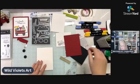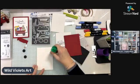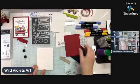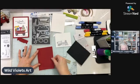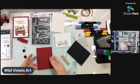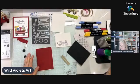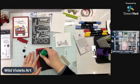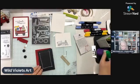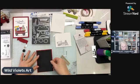And I'm going to glue down the cherry cobbler cardstock. And I've made it just 1/8 of an inch smaller than my card base, just to kind of get that nice little frame. And then I have basic black. I'm going to do a layer of that. So this is 4 1/4 by 5 3/8. And then this one is